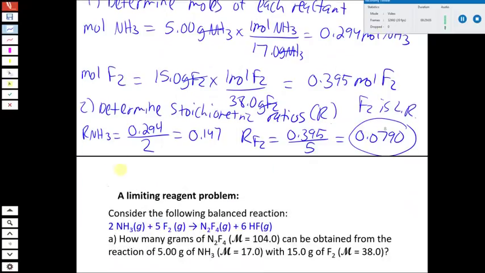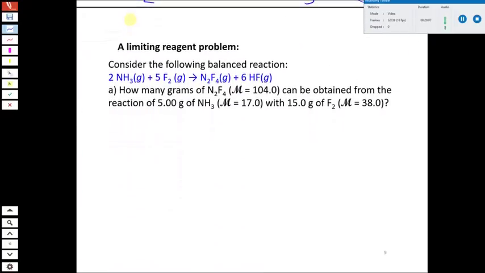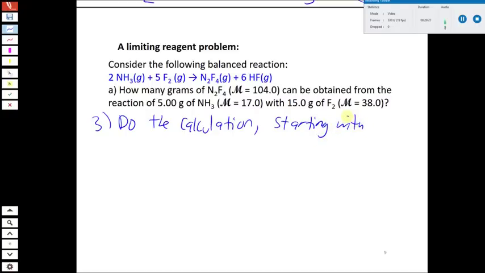So once we determine that, we then go through and start the calculation. And our calculation has to start with limiting reactant. So our third step here is going to be to do whatever calculation we need to do for this problem. And we're going to start with our limiting reactant F2. So at this point, the amount that we have of our other reactant, NH3, doesn't matter anymore. We just have to start with our F2. And what we're looking for here is how many grams of